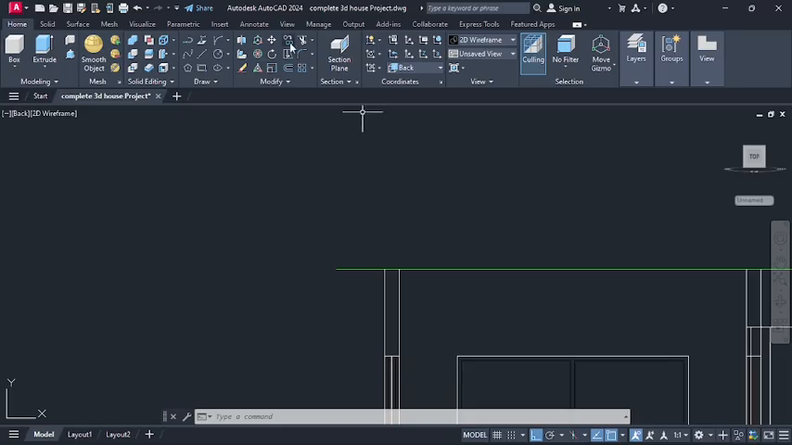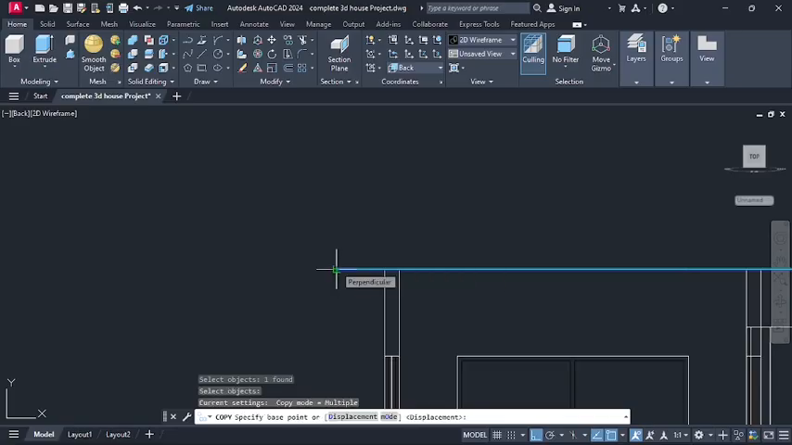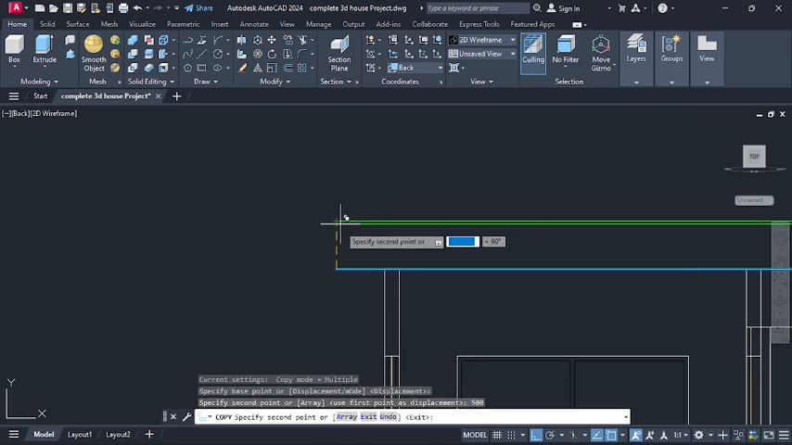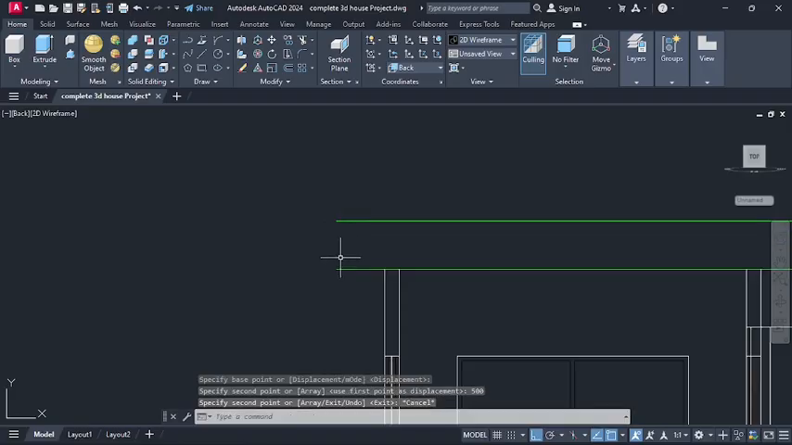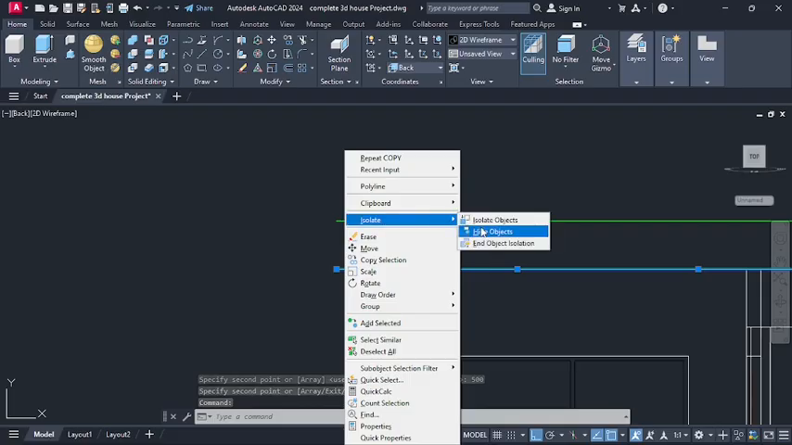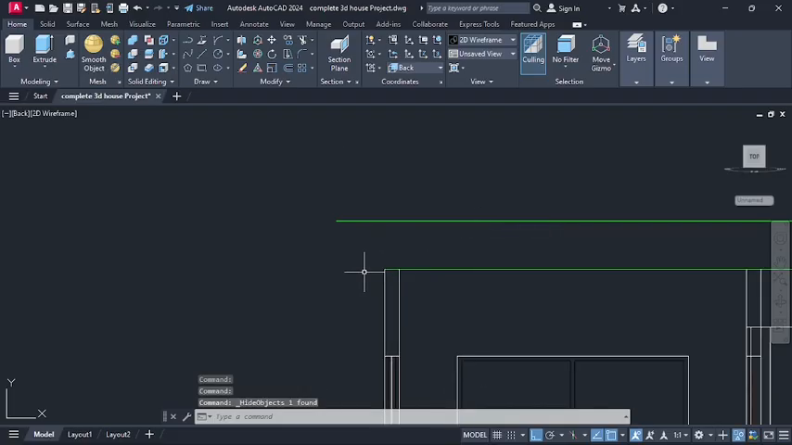So here, I'm just going to go here on copy and I'm going to select this and I'll press on enter and I'll select here and I'll copy it up at a distance of 500 millimeters and I'll press on enter. Then I'll go on escape and I'll select this line here and I'll go on isolate and I'll hide this line. Once I'm done with this, I will go here on polyline and I'll make a line going this side